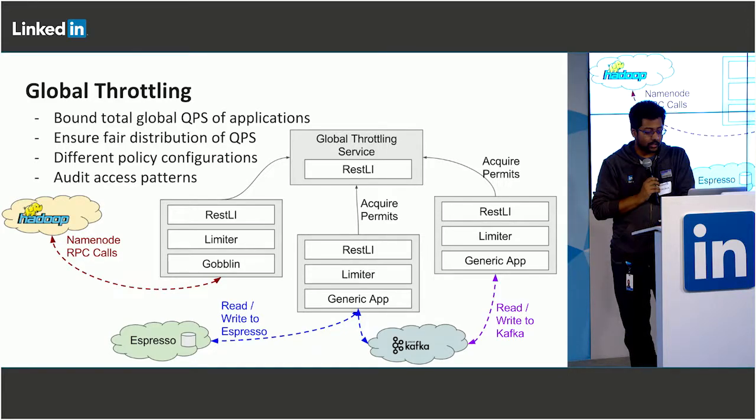And this is also pretty generic. You don't have to really use it just with Kotlin. You can integrate it with any kind of application that you have and make use of it. So, like in this diagram, we have one Kotlin instance using it, and then there are two other generic apps which are just talking to the same throttling service.